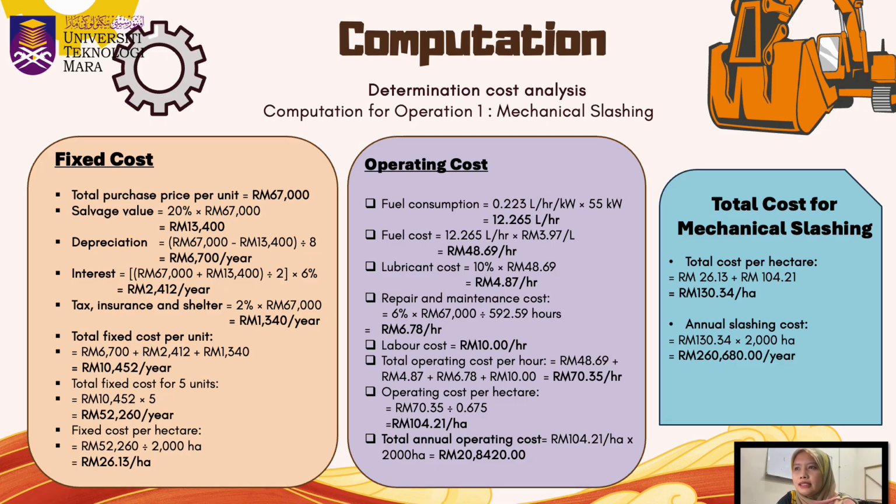For our entire fleet of 5 units, this equates to RM52,260 per year, or RM26.13 per hectare. Turning to operating costs, fuel is our largest hourly expense at